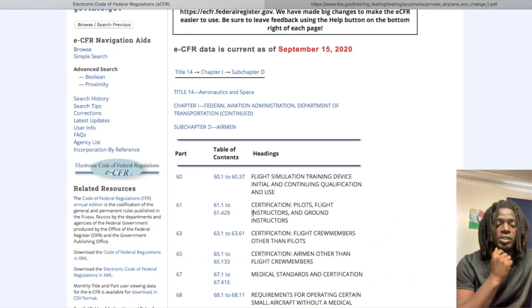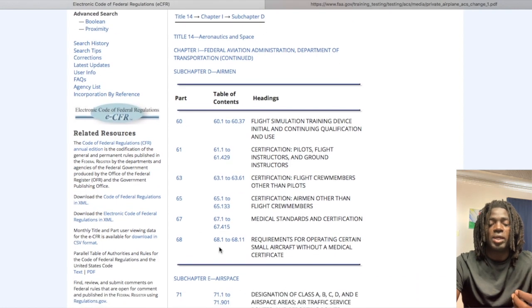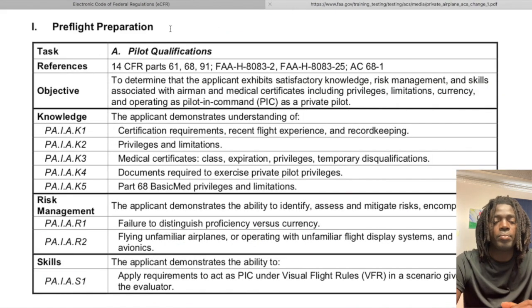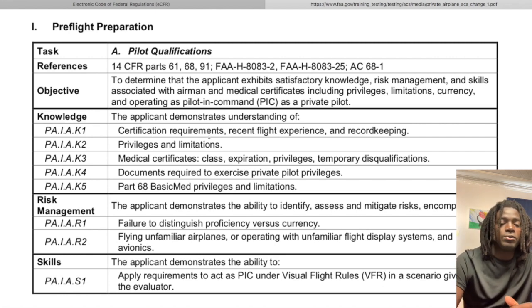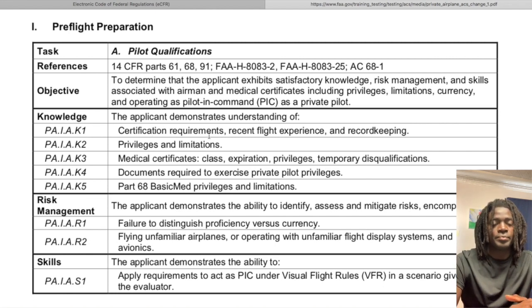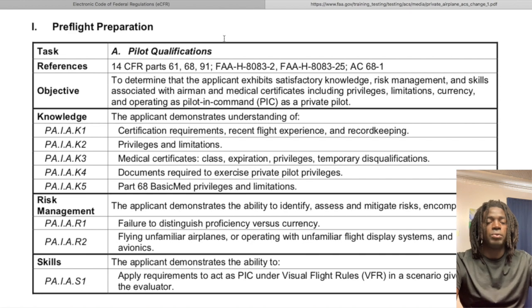If you click on 60 to 109, it'll take you here. Part 61 is what we are focused on now: Certification: Pilots, Flight Instructors, and Ground Instructors. You'll also have Part 68. Now, if we go back to the ACS certification requirements, the first part that we're going to be looking at